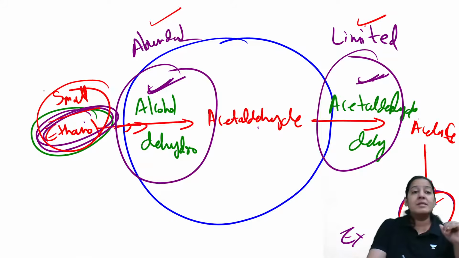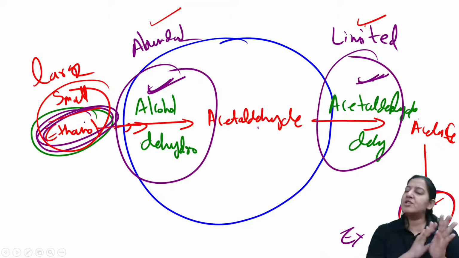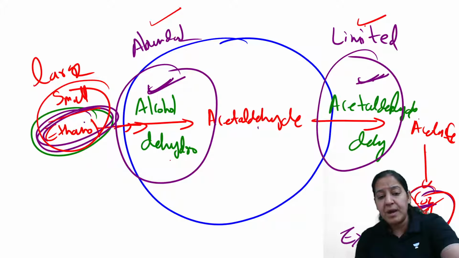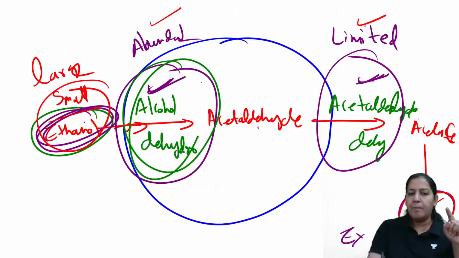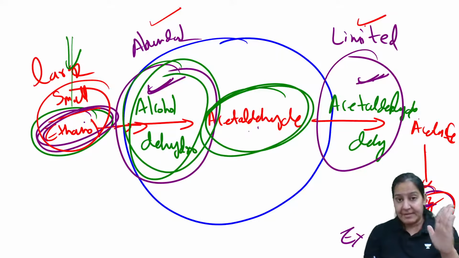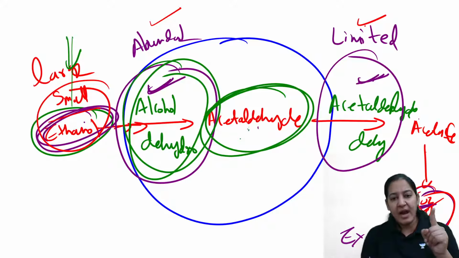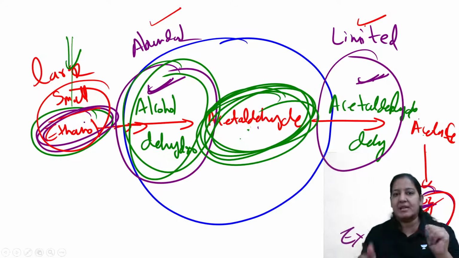But imagine a person is taking large quantity of alcohol daily, chronically, 4 pack, 5 pack. He's drinking bottles over bottles, right? So he's consuming large amount of alcohol daily. What will happen? You tell me what will be the problem now? Here the first enzyme is abundant as I have told you, so there is no problem. All the alcohol consumed by the person will get converted into acetaldehyde, but the second enzyme is limited, so the amount of alcohol is too much, and acetaldehyde cannot be converted into acetate and H2O, CO2. So acetaldehyde will accumulate in the cell and